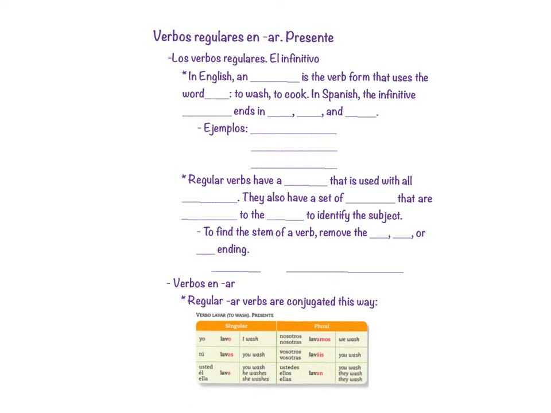So I started off this lesson by saying, so far in Spanish, you've been able to say nouns like he and she and profesor and swimming pool and all of those fun things. But in order to make a sentence in both English and in Spanish, you have to have a noun and a verb. And today I am going to help you understand how verbs are formed in Spanish and how we can use them. So we'd start off by saying in English, an infinitive